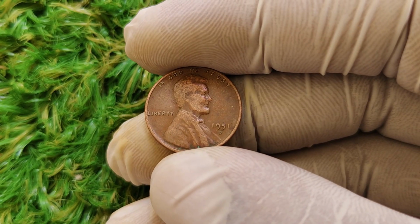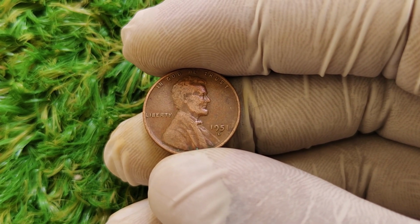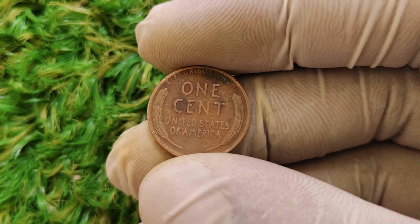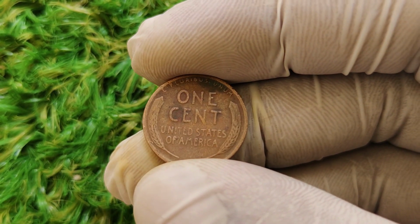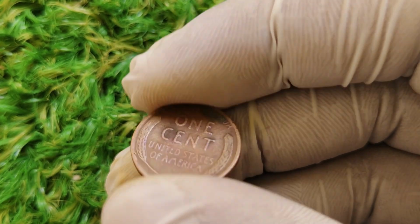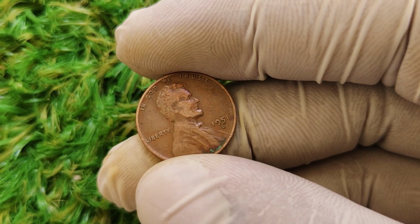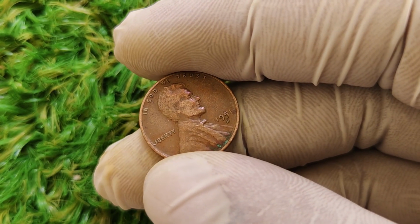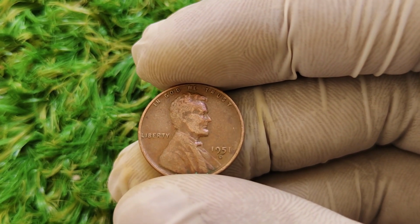The wheat stalks should be well defined and crisp. If you see any doubling on the words 1 cent or United States of America, you might have a valuable double die reverse error. Now let's talk about market value. In average circulated condition, the 1951 D penny is worth about 5 to 25 cents, maybe a little more to